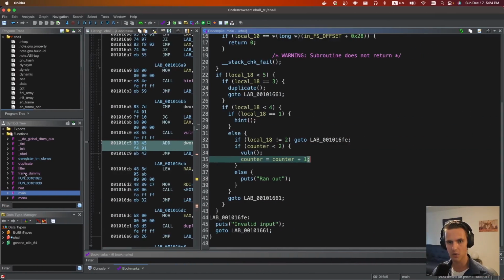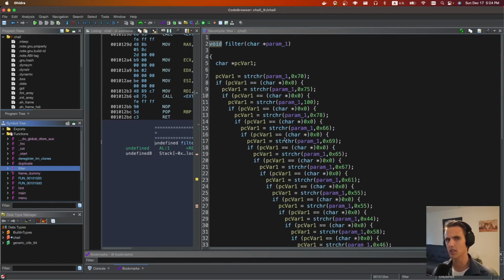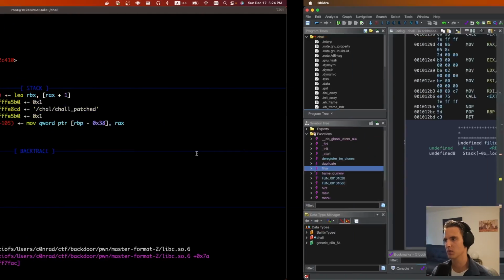The way I cheesed it was that in the filter function, they're not checking for %s. So we can leak stack values doing that. %s is a little bit different than %p. %p will print out the value on the stack, while %s takes that address and then prints out the value at that address. There's a layer of indirection. So what we can do in our solution,